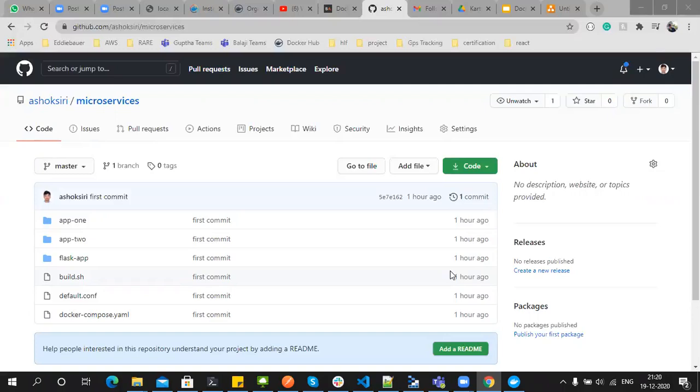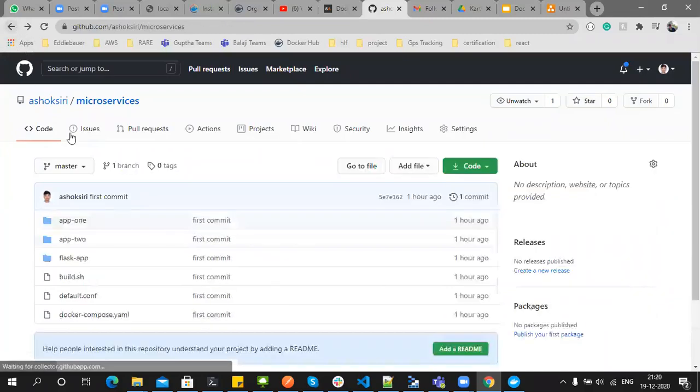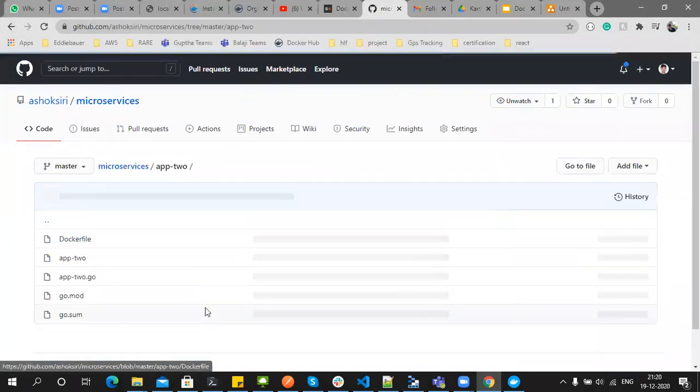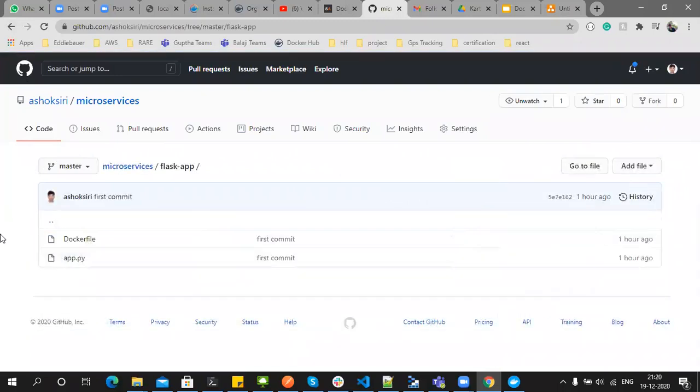Now we are segregating all our services into simple individual services. In this application, app one and app two are Go web applications, and the Flask app is my Python application. These are all independent, not dependent on anyone.